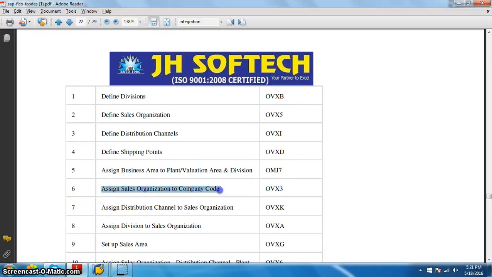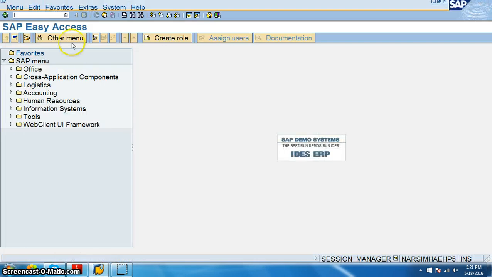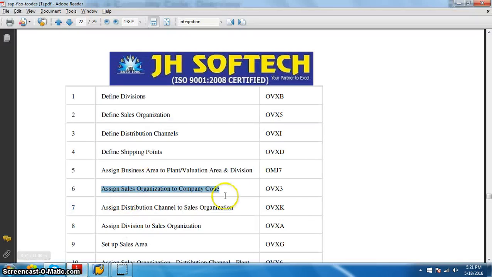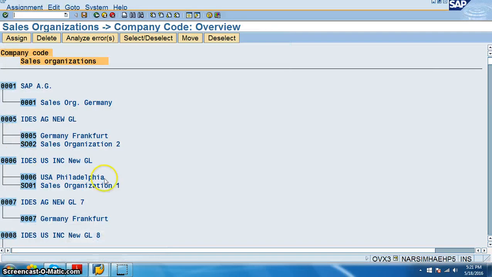So assign sales organization to company code, OVX3. OVX3 is assign sales organization to company code.